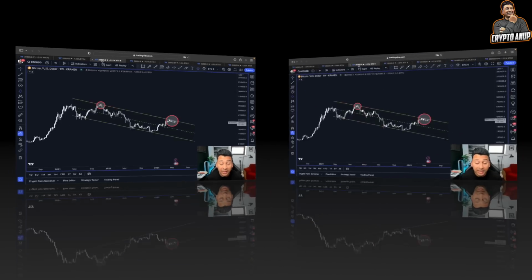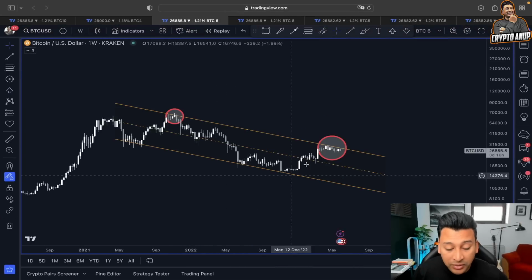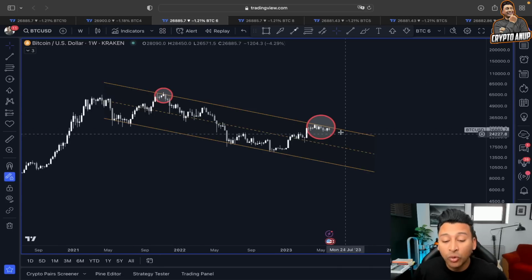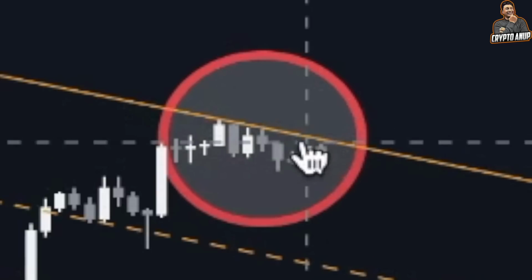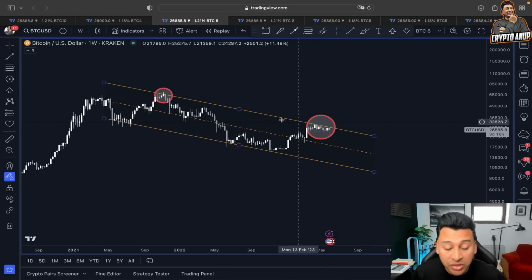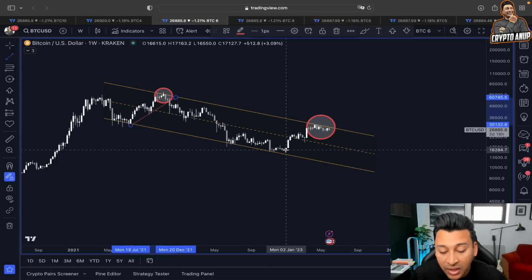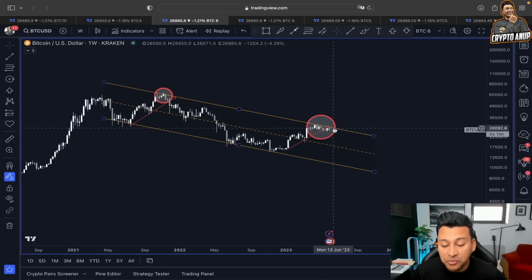And not just that, even if we look at this in a very simple way, I talked about this yesterday. According to this descending channel, the upper line here was a very strong line of resistance. We came exactly to the same line, we got rejected. Tried one more time, we got rejected. Now, if this here is a rejection around 29,000 and price is going to see a very similar movement just like here from the past price action, then we have to be extremely careful,